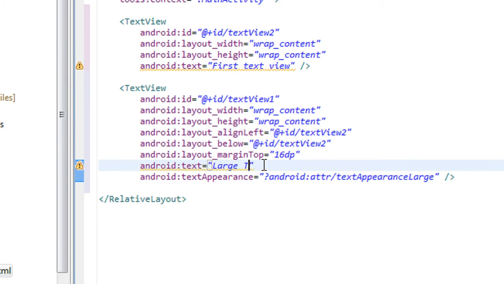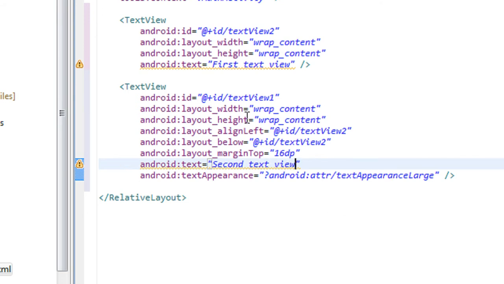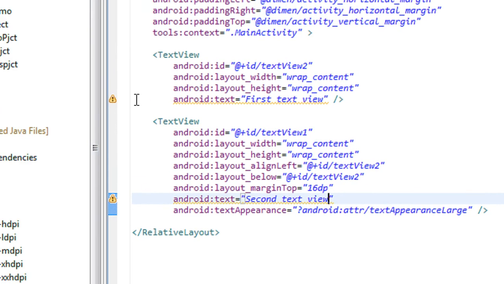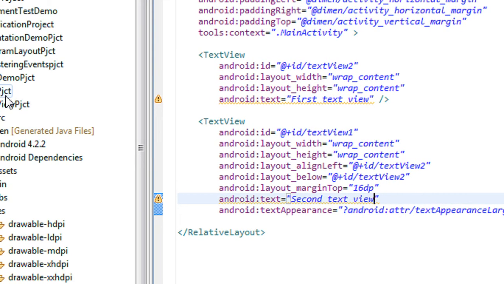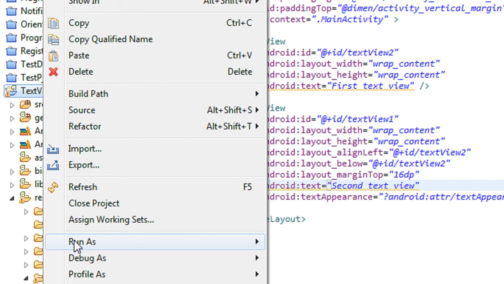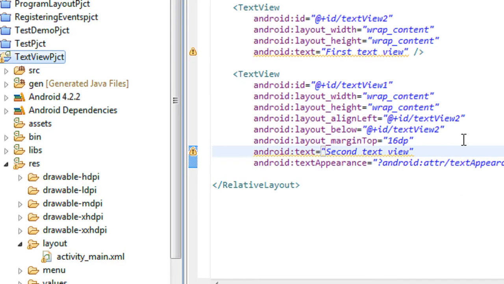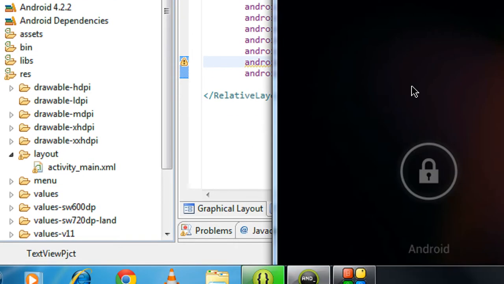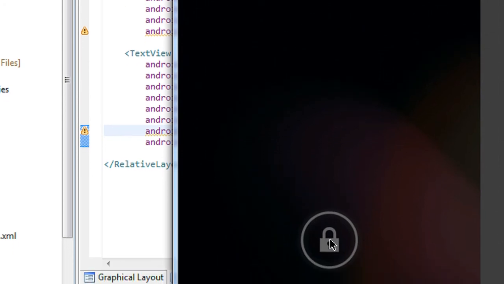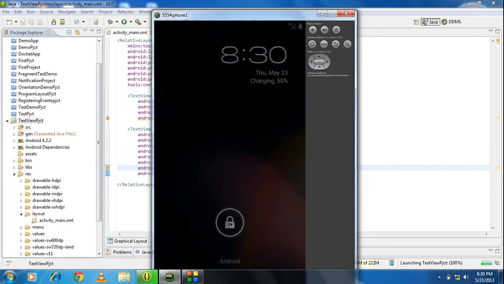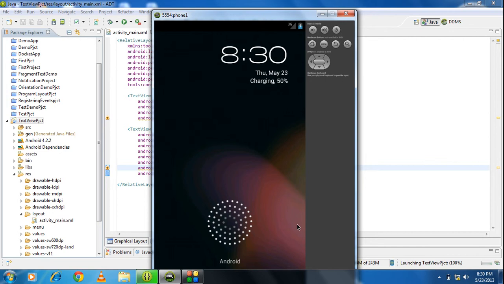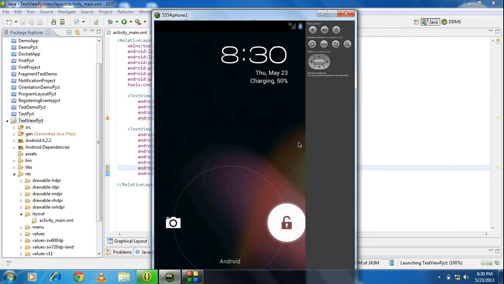I just change it. Second text view. So I just run the project. There are 2 text views present on the layout.